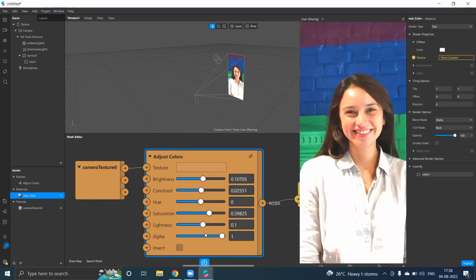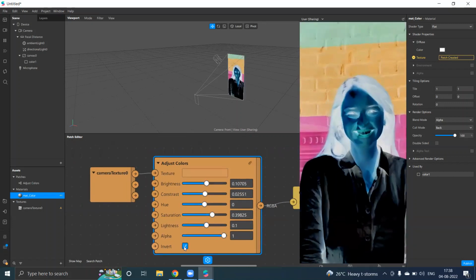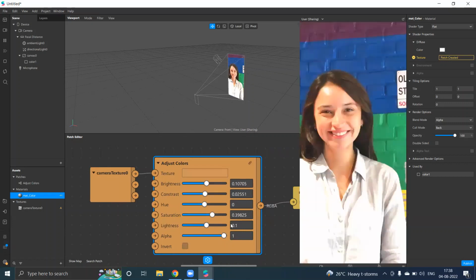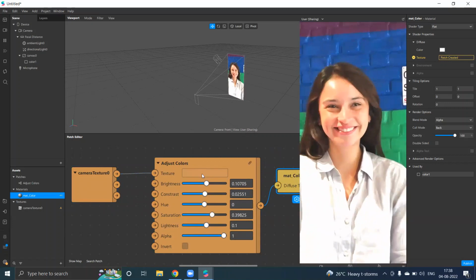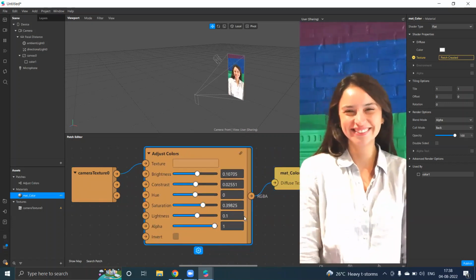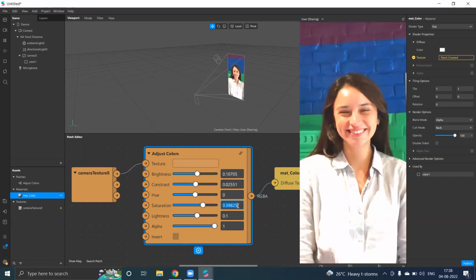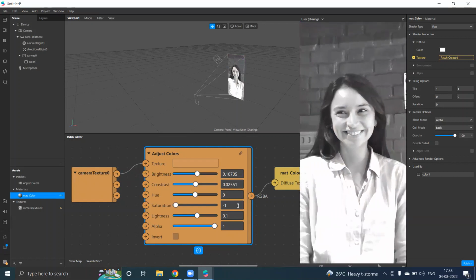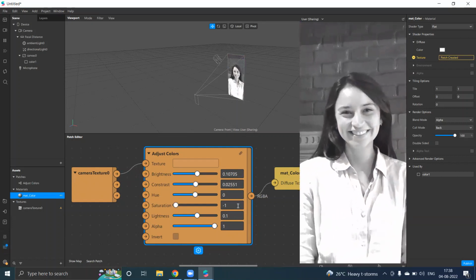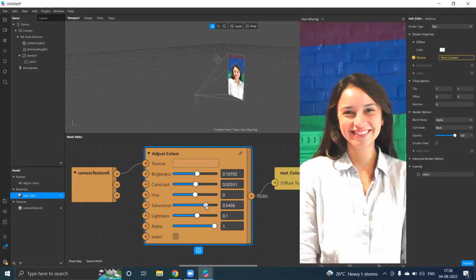Then you have the option of invert too. If you want to invert it, just press the checkbox of invert. This is a very simple patch and it makes your project look good. And even if you want to make it black and white, what you can do is give the saturation as -1. This is as simple as applying a look and then adding it to your project. So right now, let me make it